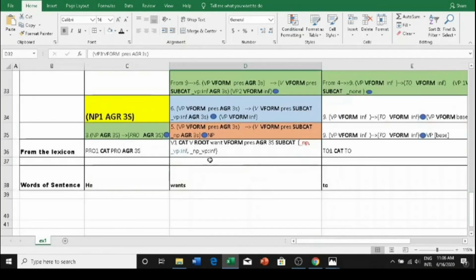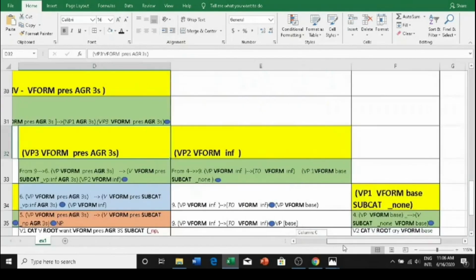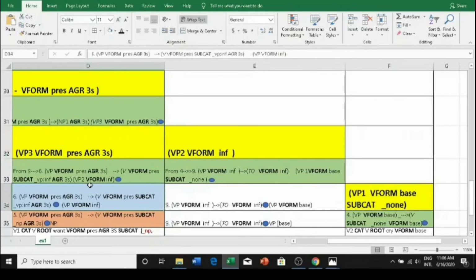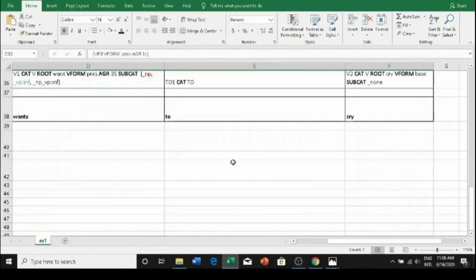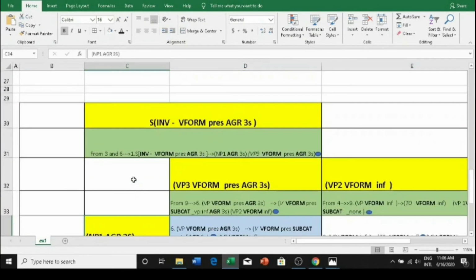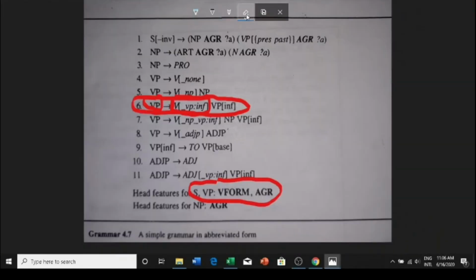We already got an NP noun phrase for "he". Then we have a VP3, which actually covers all other verb phrases on the right. VP3, if you see here, covers VP2, and VP2 covers VP1. So VP3 actually covers this entire right hand side. VP3 covers "wants to cry", and NP1 covers "he". So we have NP1 and VP3, and we need to find out whether any rule with this structure is present in our grammar. So we are beginning our search here.